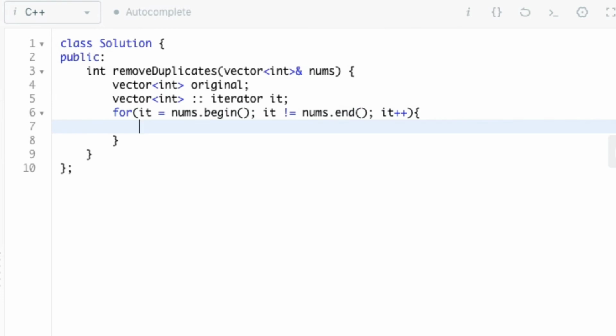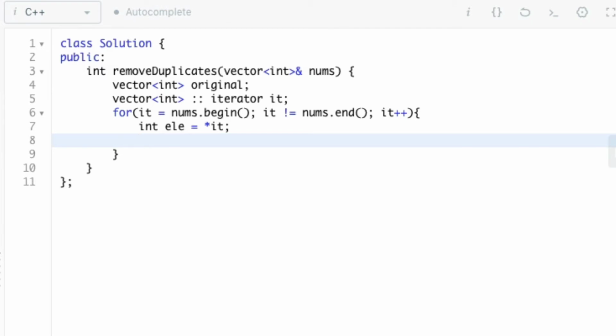We need to store the value of it into ele. Further, we need to check whether the value ele is present in the original vector or not. If so, we need to erase the value of ele from nums and decrement it as we have seen in the explanation part.